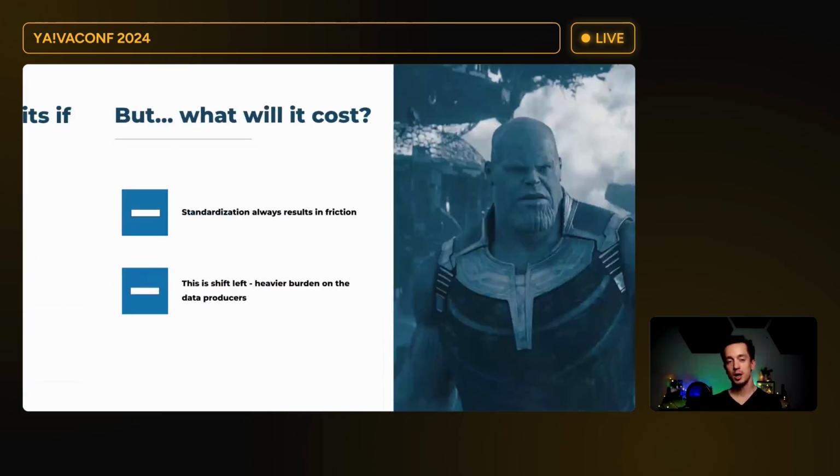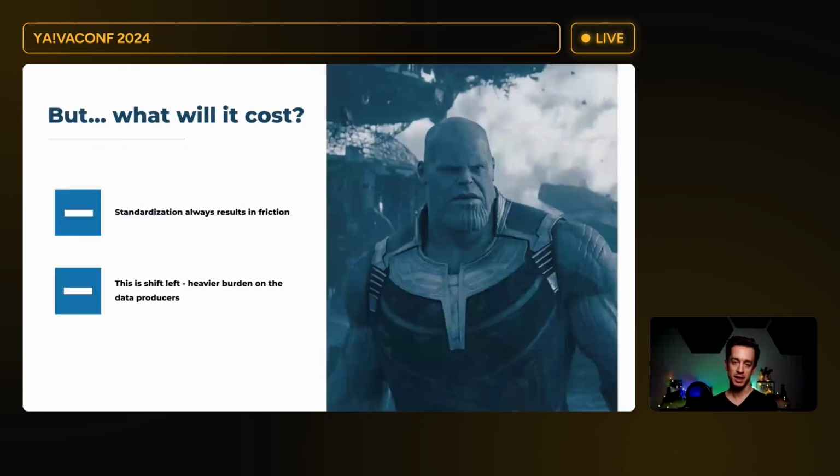And also, as everything, this comes with a cost, and one of the costs of standardization is friction. You might get some resistance if you don't establish the right standards. If you get too many questions, then this will harm the adoption process. And also, some solution designs will not be possible if you expect your teams to conform to certain standards. And yeah, it needs many conversations before standards are